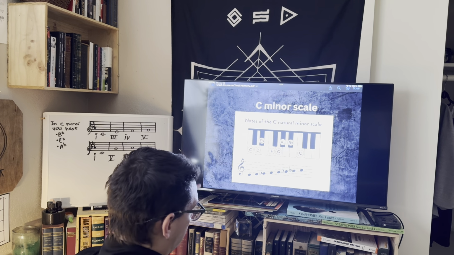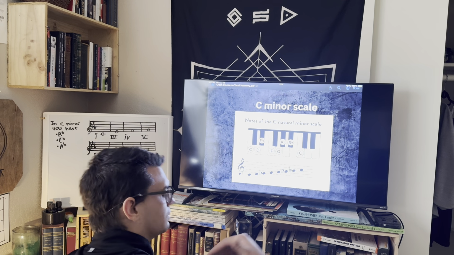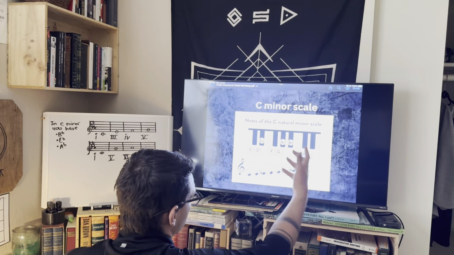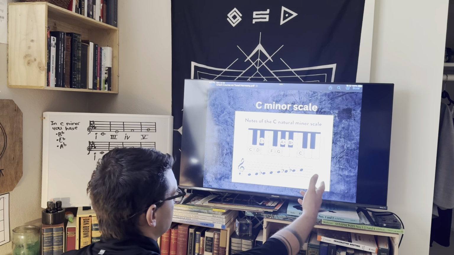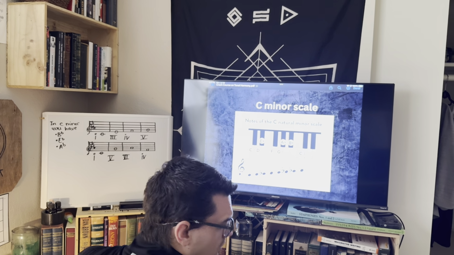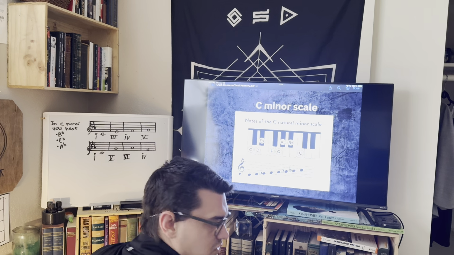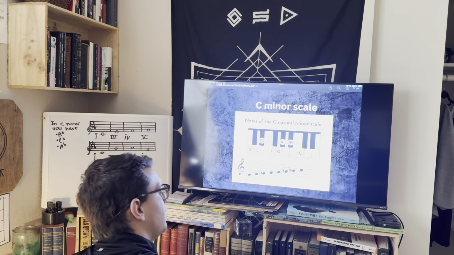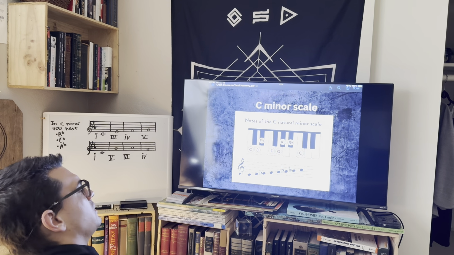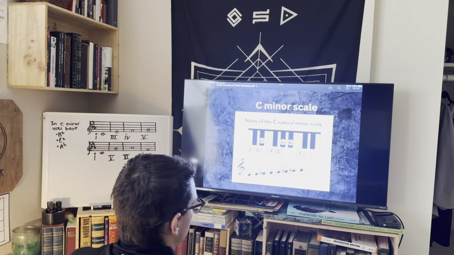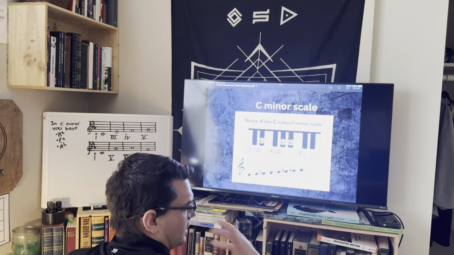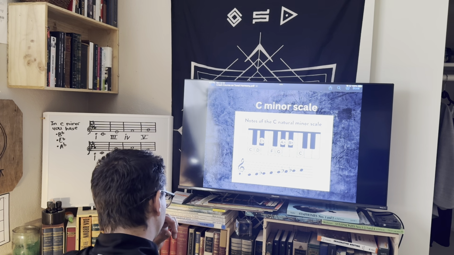Okay, but the reason I like this illustration is that it also shows where it is on the piano. If you're anything like me, seeing it like this or having a piano in front of you really helps me to visualize things like this. And if I'm being honest, a lot of the songs that I write when I'm thinking about stuff like this, I do visualize it in terms of how it looks on a keyboard or on a piano. So yeah,